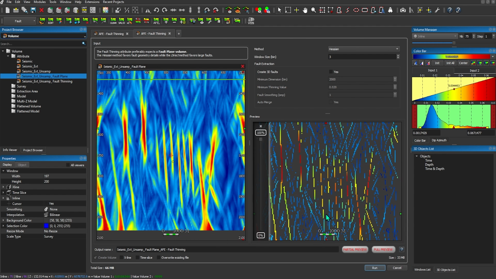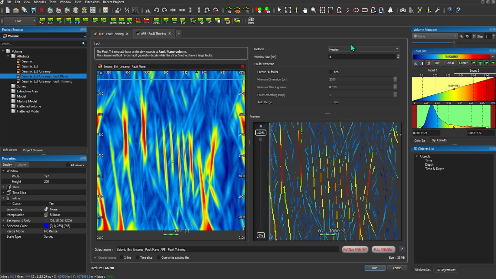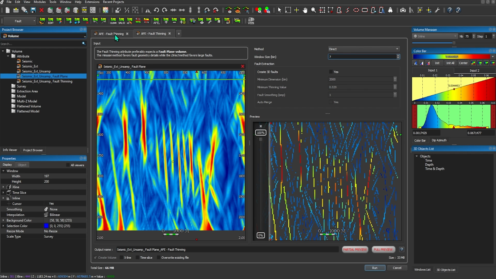The Haitian is much more disconnected, right, because it's more sensitive to vertical discontinuities than the direct method. So the idea here is, again, you would just decide whether, well, actually in this case, what I would do is say, well, do I like the direct or Haitian more? I'm going to decide I like the direct for this. Other tab and increase the window size, right? So now I'm just trying to decide, I've already made the decision, I like the direct method,